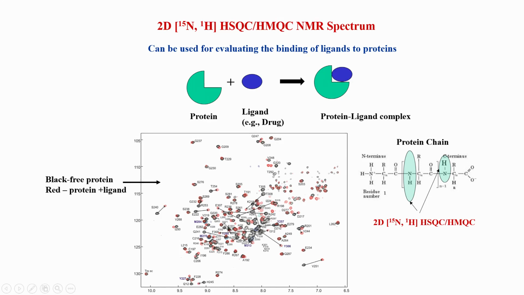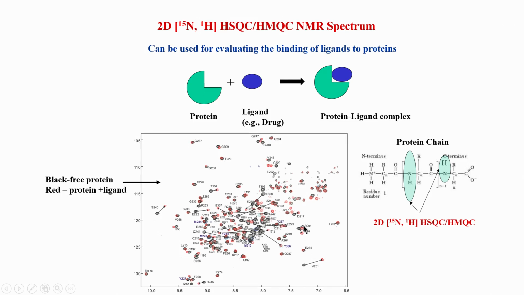So, this is a very popular experiment. We use the term chemical shift perturbation, which is widely used in the drug industry, in drug discovery and drug design, where we try to find out, suppose I have added a drug molecule, which part of the protein it interacts with. Of course, one thing you should notice is that I need to know the amino acid identity of every peak here, and that is part of the whole process called sequence specific assignment, which we will go into in the second half.